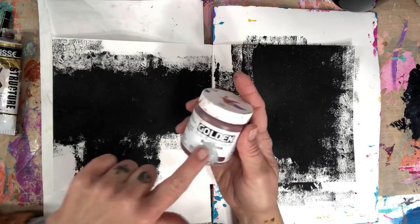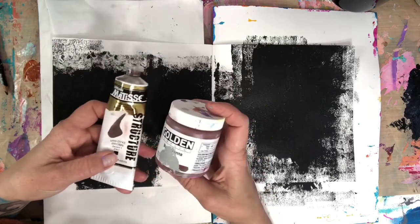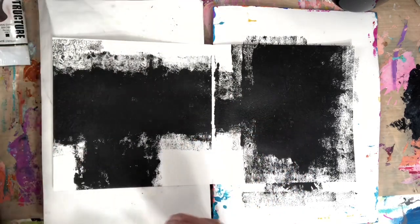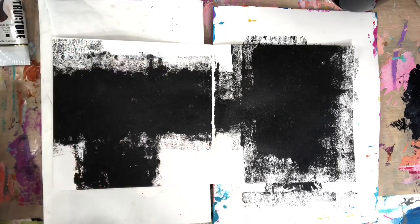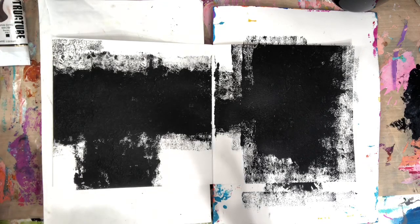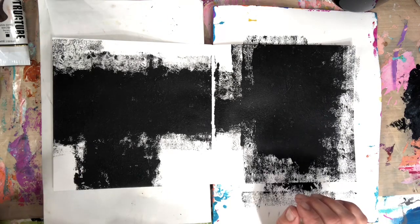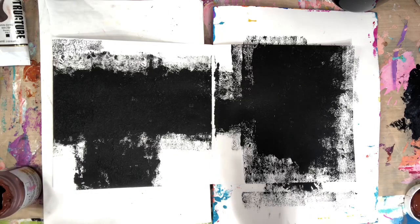I also grabbed some of this burnt sienna because the Van Dyke brown is really, really dark. This just adds a little hint of a red to it. So I'll probably mix those two up. And I grabbed some of the Australian blue gum that I just love. The Matisse color is just beautiful. So I want to start first with some of the brown. So I've got a palette going over here,